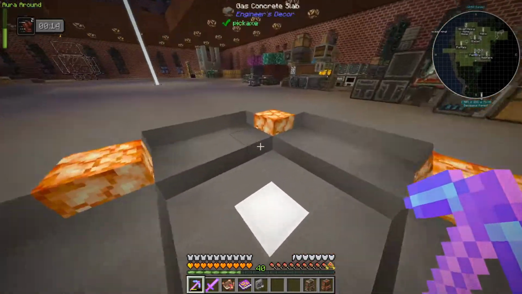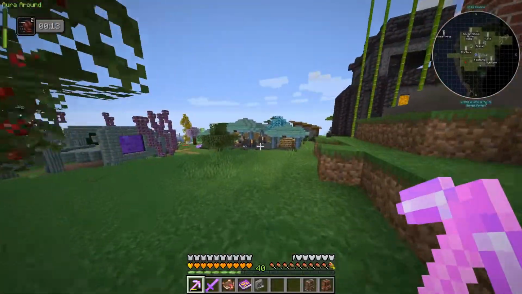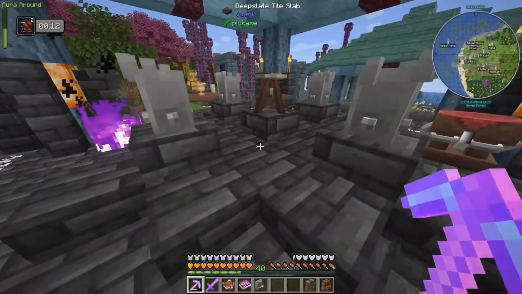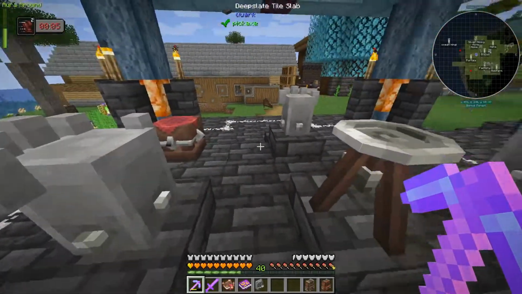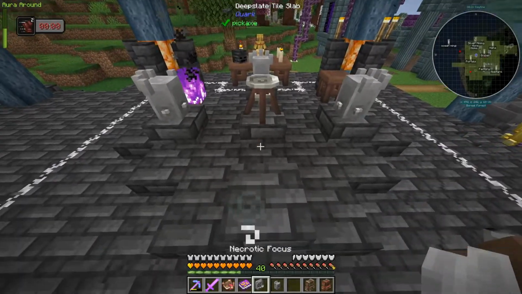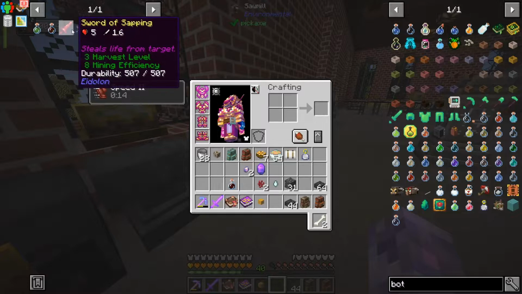Time to sleep. So putting our sword in there, and then if we come over to this setup, we're going to need some more stone hands. And we could probably put them in the corners here. Maybe we do something like this. And brewing up some potions of harming. Actually should only need one. And then it was